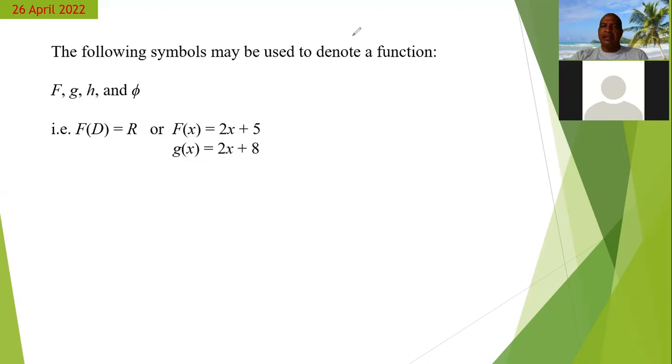All right, so with that said, we'll have h of x and phi of x. Notice that all of these would have different outputs. This one would be 2x plus 5. This one would be 2x plus 8. This one is 3x plus 10. And this one is 6x. And so that means there